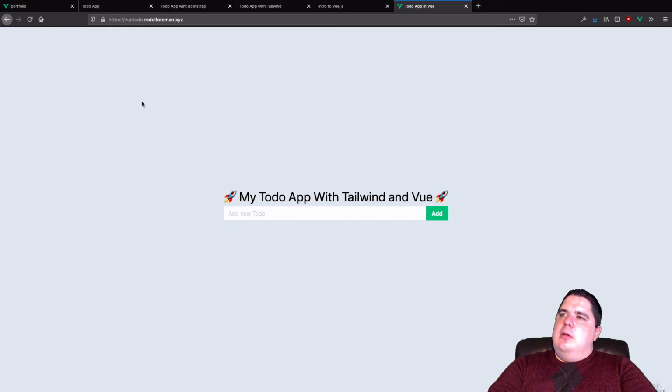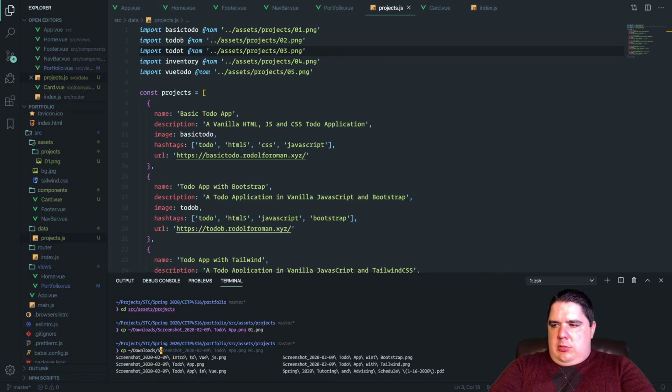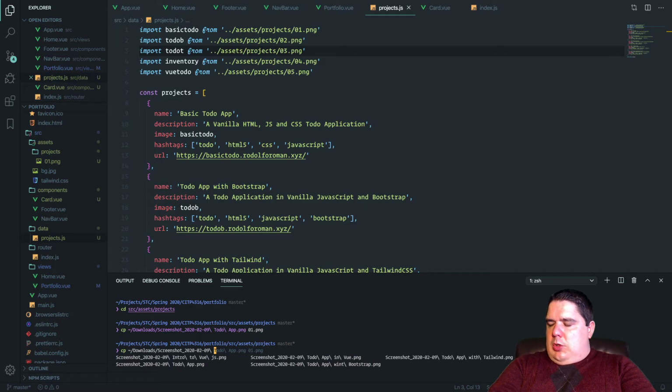And then I can actually, I'm already here, so I need to copy from downloads a screenshot, the one that I need to copy now is a screenshot to do app with Bootstrap, to do app,